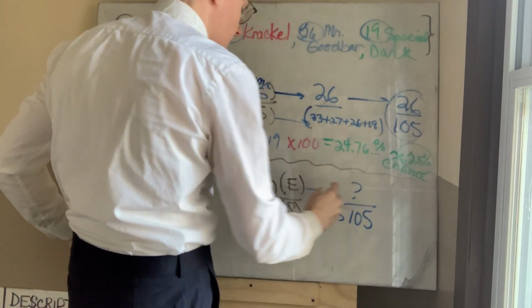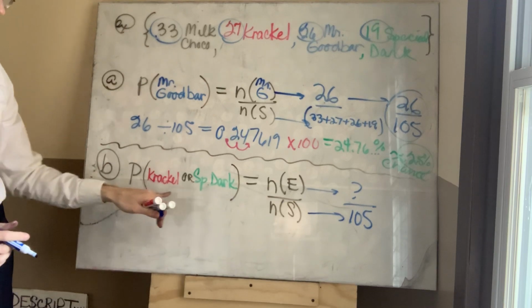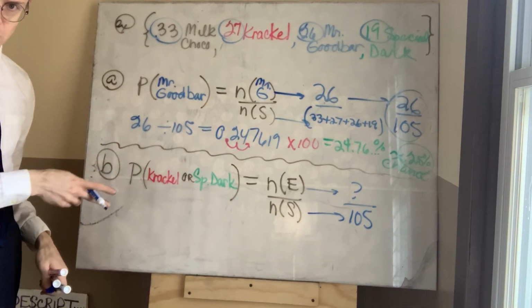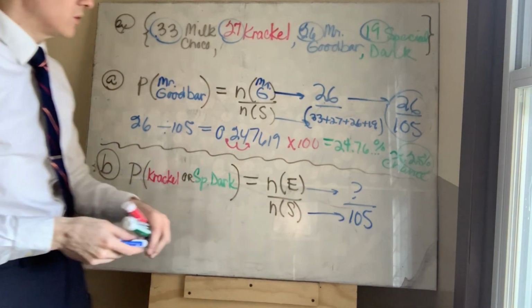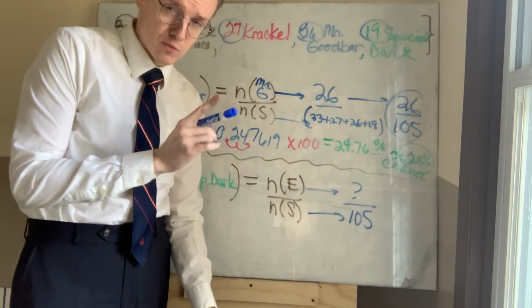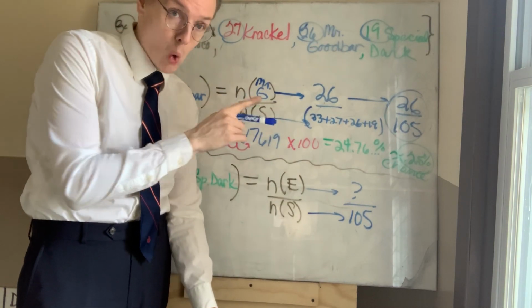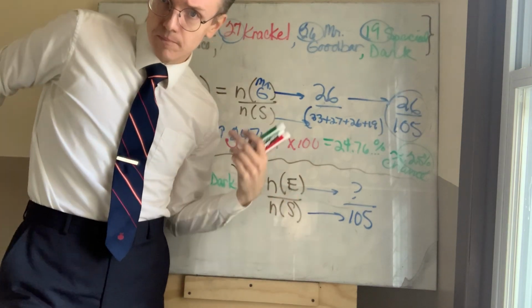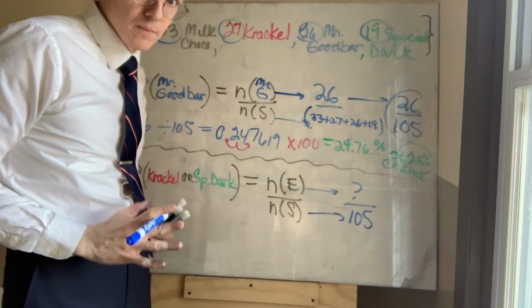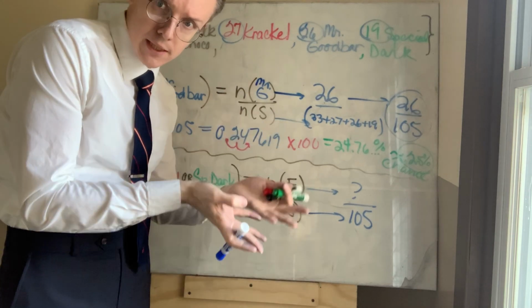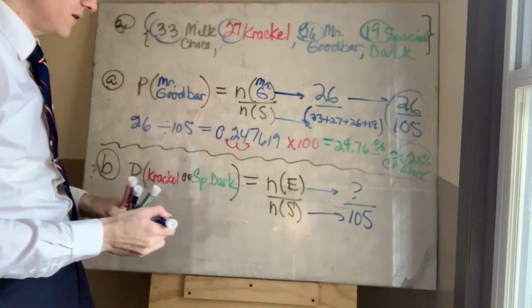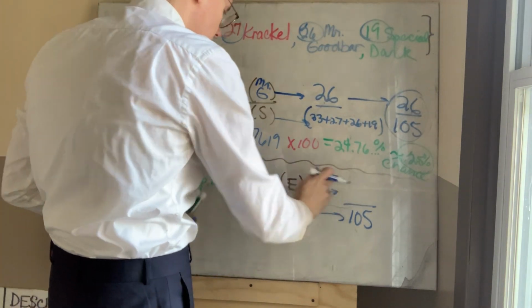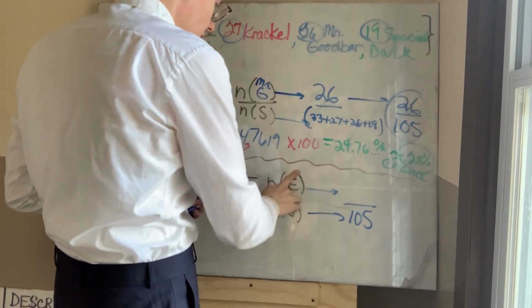But this number that is taking these two things into consideration is going to change. Because if you're being slightly less specific, that it's only that, or only Mr. Goodbar, you are combining those two things, which realistically means it's this and this,